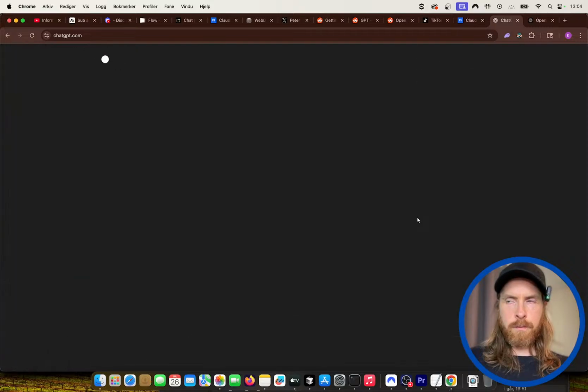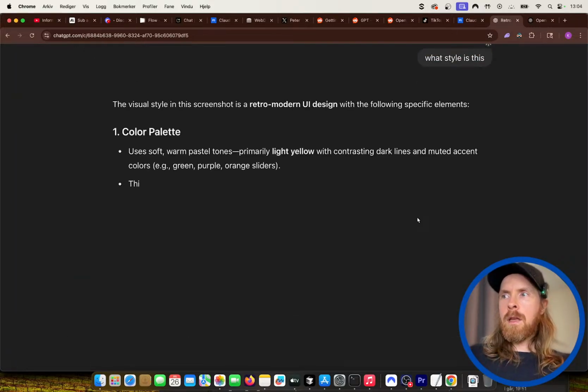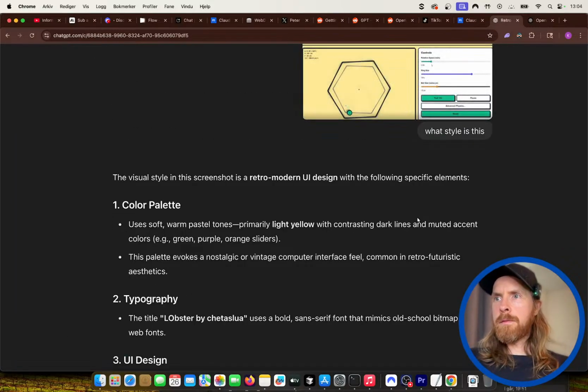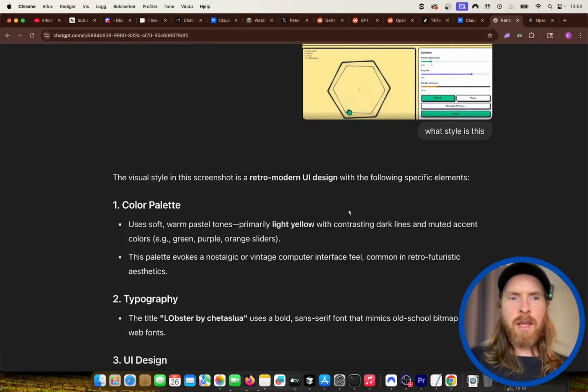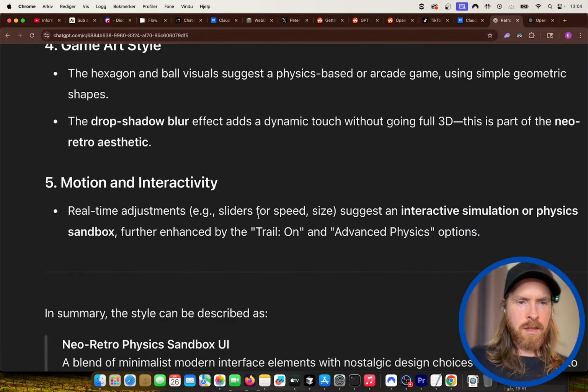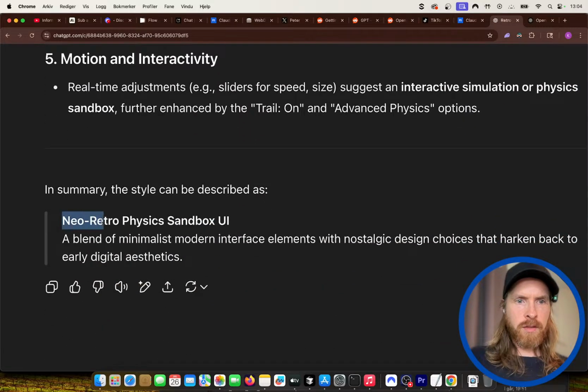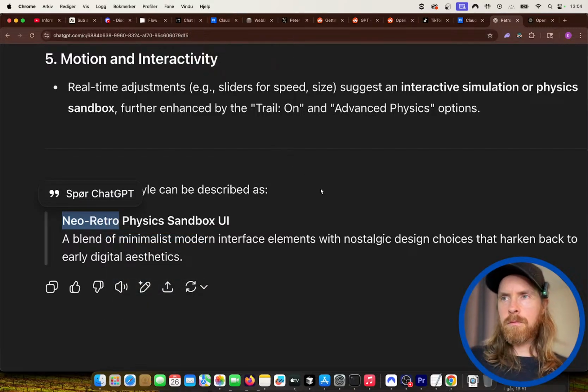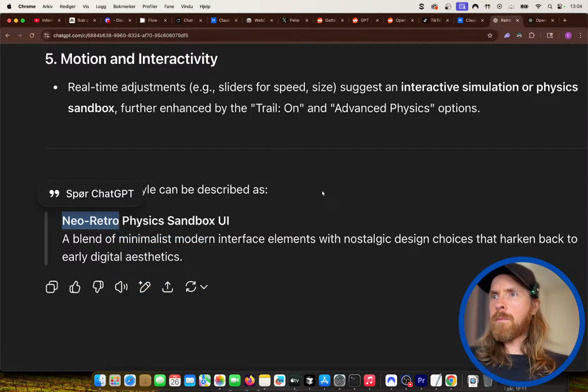Let's try it. Retro, yeah, but I think it's called like a specific neo retro physics. I was thinking more about the style neo retro. Try it. Material UI design.